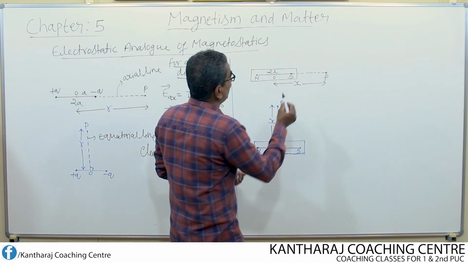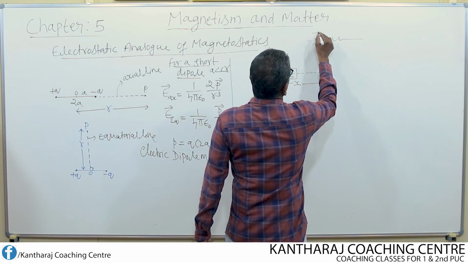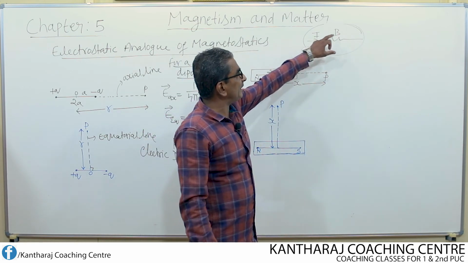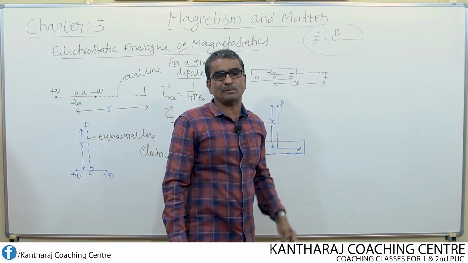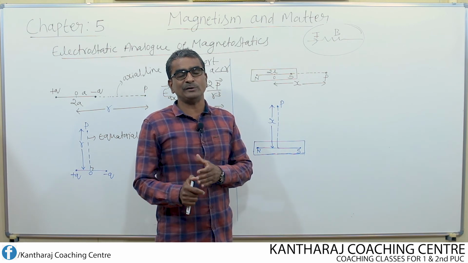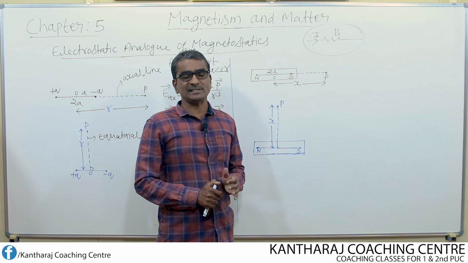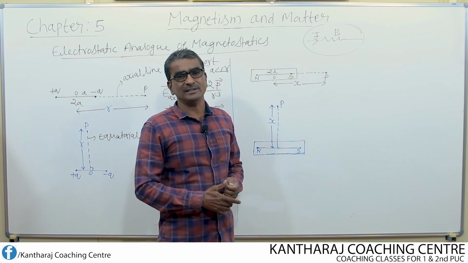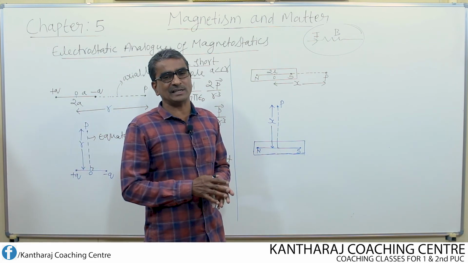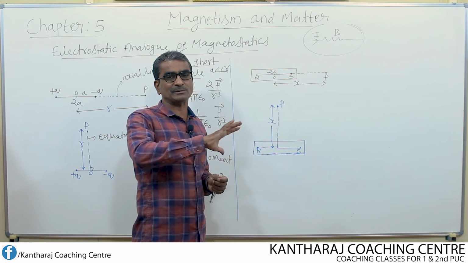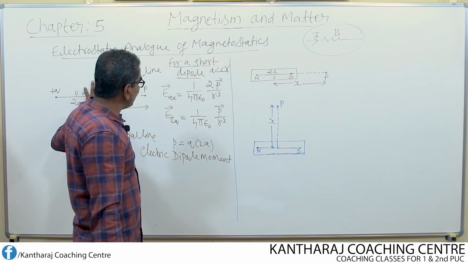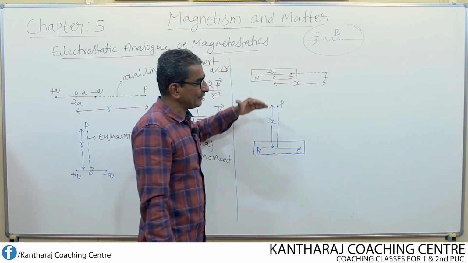See, we know that whenever we pass current through a conductor, then in the region around the conductor what is produced? Magnetic field. That means by using current we are able to produce magnetic field. Vice versa is also possible. That means by using magnetic field we are able to generate electricity. That is what we do in case of electric generator. In electric generator, using magnetic field we produce the current. So electricity and magnetism are always related to each other. So electricity concepts and magnetism concepts can be related to each other. So the same thing I am doing here. I am comparing the electric field equations with the magnetic field equations.